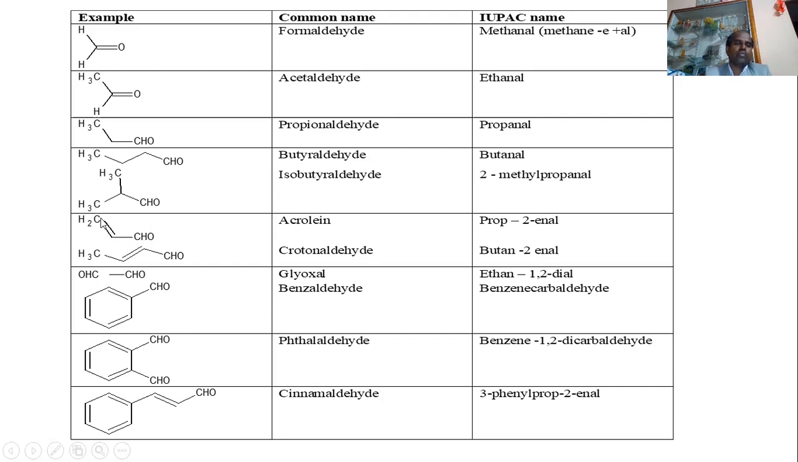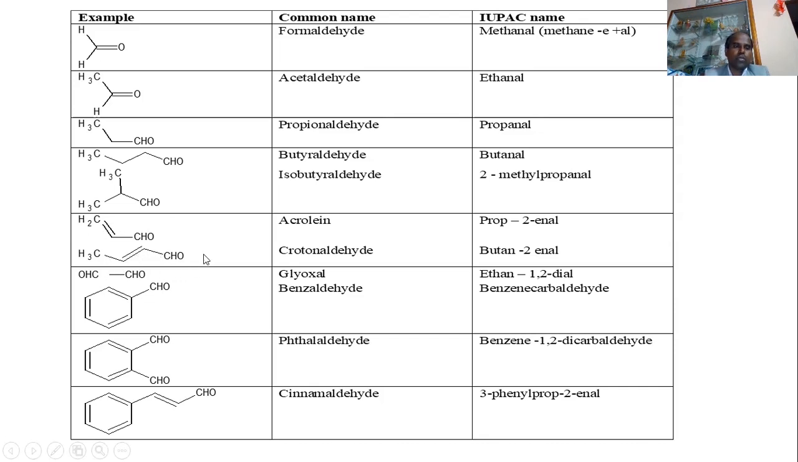Now the IUPAC name of this molecule is prop-2-en-al. Prop-2-enal is the IUPAC name of this molecule. Let's take one more example, that is CH3, CH, double bond, CH, CHO. So for this molecule, the common name is crotonaldehyde, and the IUPAC name for this, when we are assigning the IUPAC name